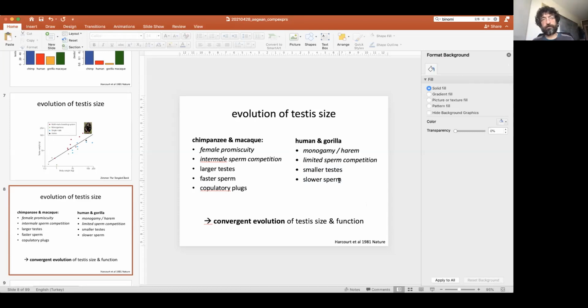The outcome we observe from the data is smaller testicles, but is that because small testicles are advantageous?